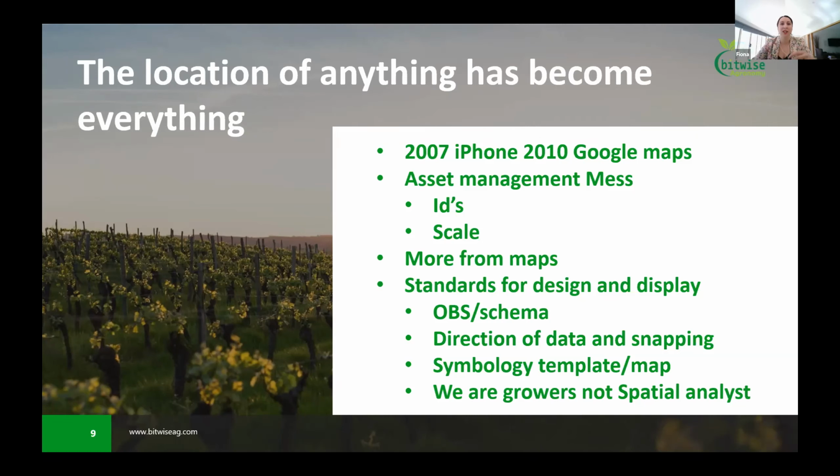The symbology needs to be the same and consistent across all of us as well, because you as growers and farmers and winemakers, you don't want to become GIS experts. You want to be able to look at my data and know exactly what you're looking at, look at data from platform, know exactly what you're looking at, and know you're looking at the same things, not the same things symbolized differently.